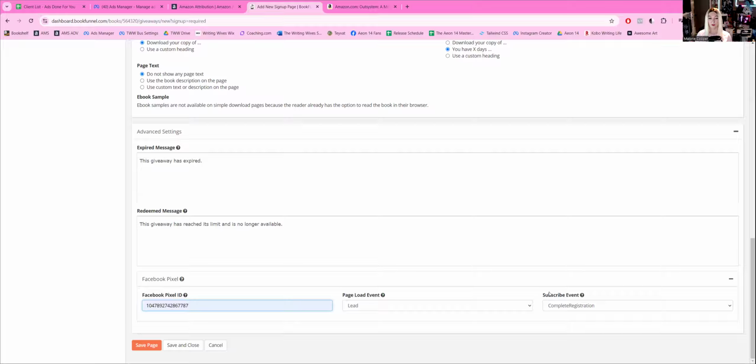And that information will actually send back to Facebook, and Facebook will know who actually has filled out your lead form. And it will then try to find more people like them. It'll optimize to people who are like the person that filled out your lead form. So super handy. We'll hit save page,